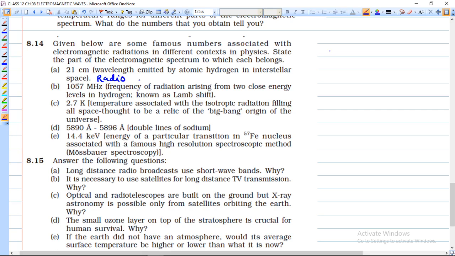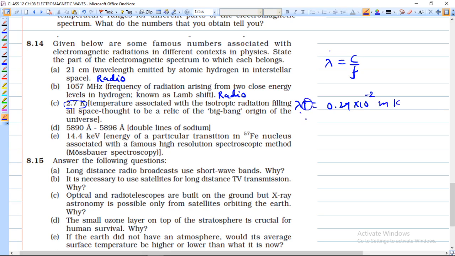रेडियो की वेवलेंथ रेंज अगर आप बोलोगे तो समझ में आ जाएगा, ठीक है. देखोगे तो दूसरा 1057 मेगाहर्ट्ज, अच्छा यहाँ पर तो फ्रीक्वेंसी दी गई है बच्चों, वेवलेंथ तो दी गई नहीं है, तो आपको क्या करना है, पहले लेमडा = c बाई f करके वेवलेंथ फाइंड करनी है. एक बार आप वेवलेंथ फाइंड करोगे बाद में आपको पता चलेगा कि भैया ये भी रेडियो वेव में ही है. 2.7 केल्विन टेम्परेचर, अच्छा यहाँ पर तो टेम्परेचर दिया गया है, वेवलेंथ तो दी गई नहीं है, तो अभी हमने देखा ना लेमडा × T = 0.29 × 10^-2 मीटर केल्विन. तो यहाँ पर